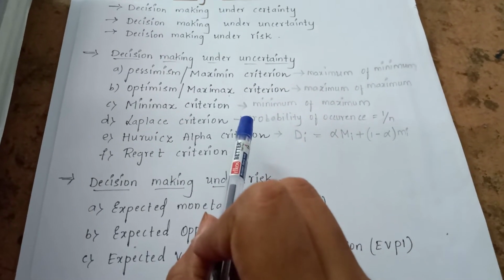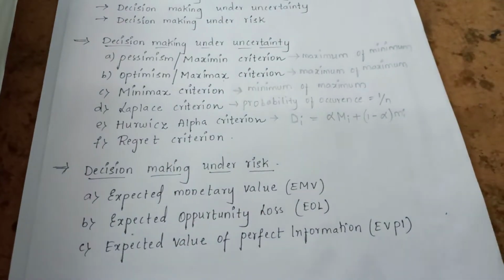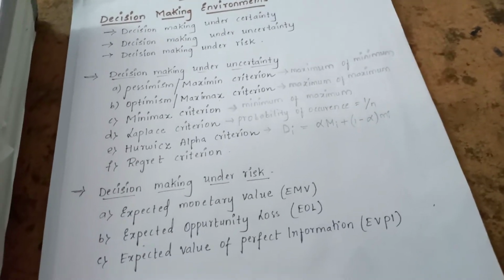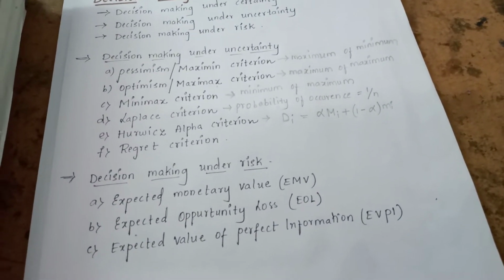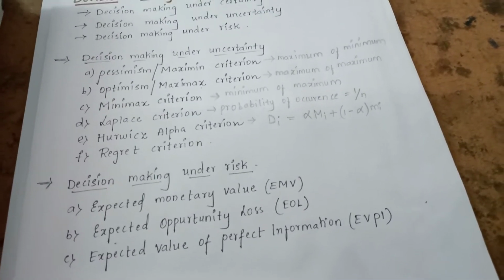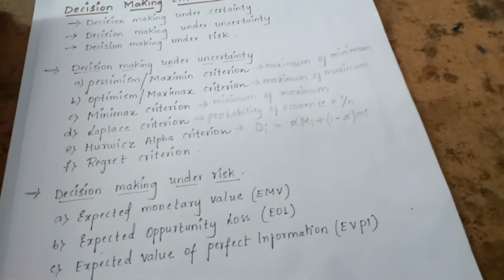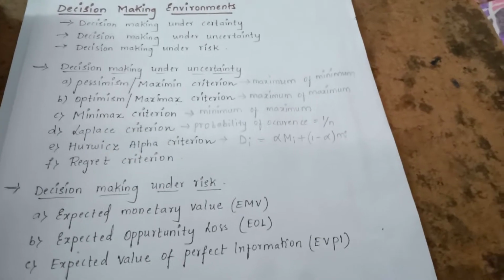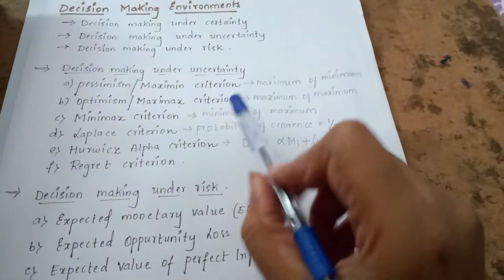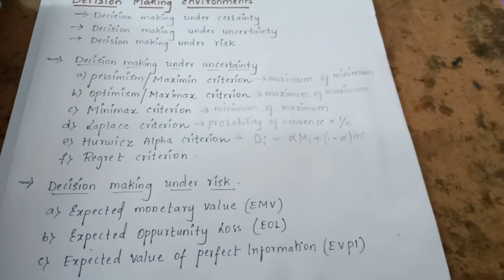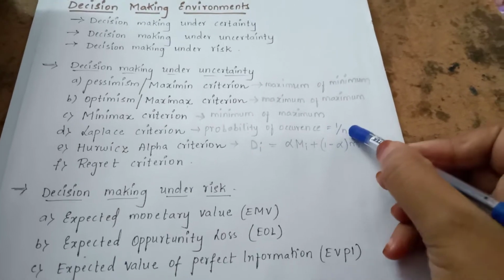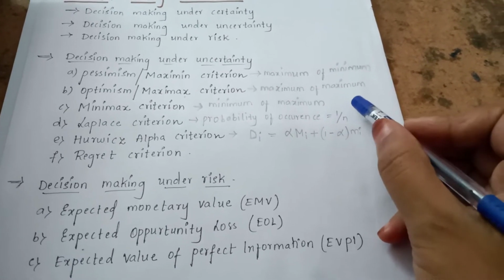In this criterion, the probability is assigned to each payoff, based on the states of nature. So here, students, the states of nature are nothing but the future events which are not under the control of a decision maker. Based on the states of nature, the probabilities are assigned to the payoffs. For example, if there are 3 states of nature, the probability is assigned as 1 by 3. That is, probability of occurrence is equal to 1 by n. If there are n states of nature, each can be assigned probability of occurrence equal to 1 by n.